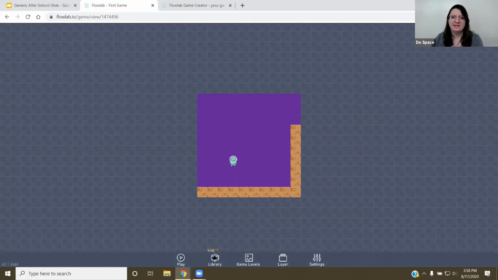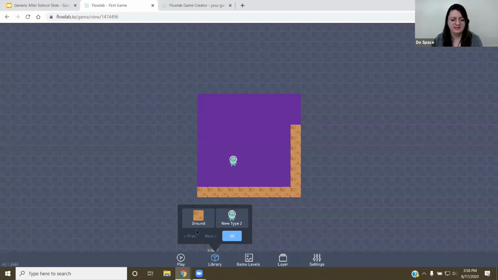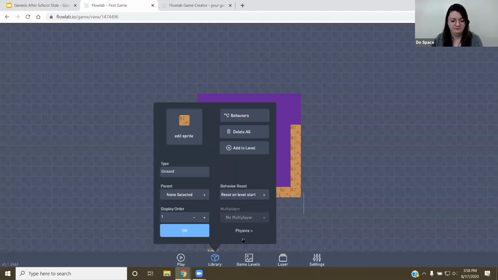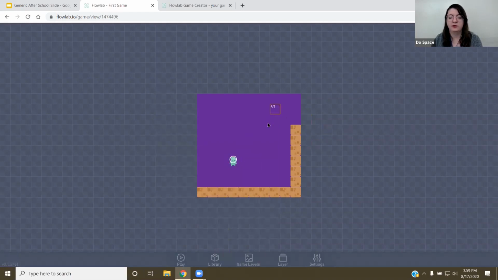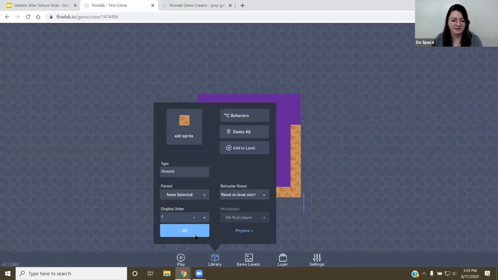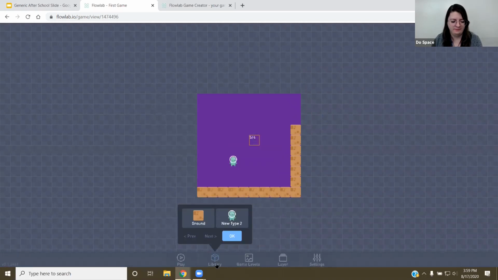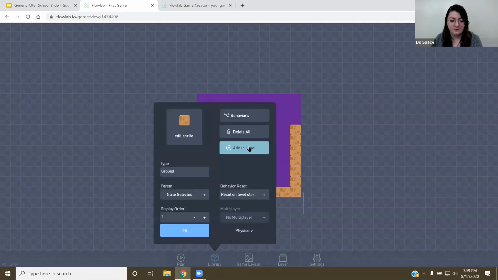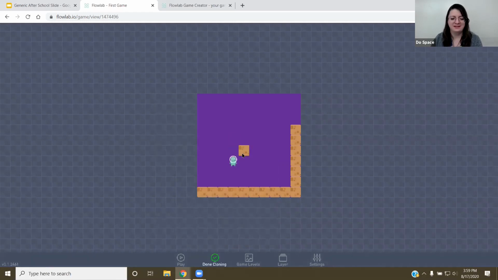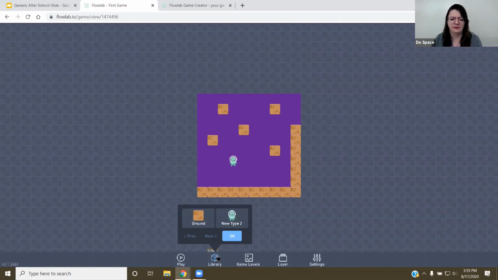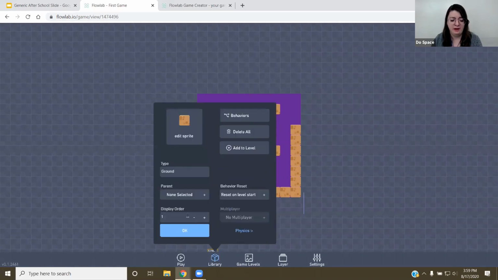If you want to edit any of your characters, you can go to library, and right in here you see ground, the block you created. If you only have the block once in your scene, or you're in a different level and you want to bring a block back, you can just go to library and click on it, click OK. Nope, that's not what I want. Click on it, there it is, add to level. Add to level, and you get the option to place that block. There we go. Done. It takes you to the cloning thing. And you can also edit the block here.